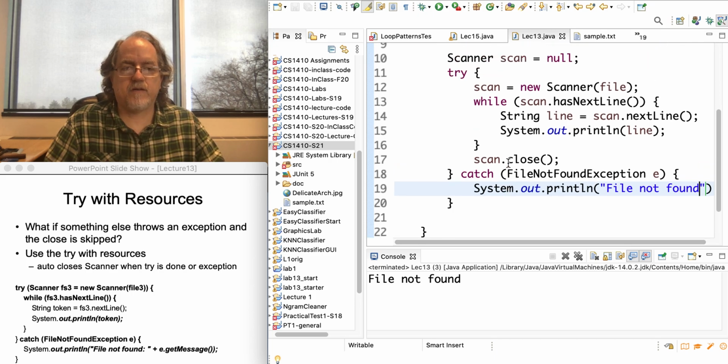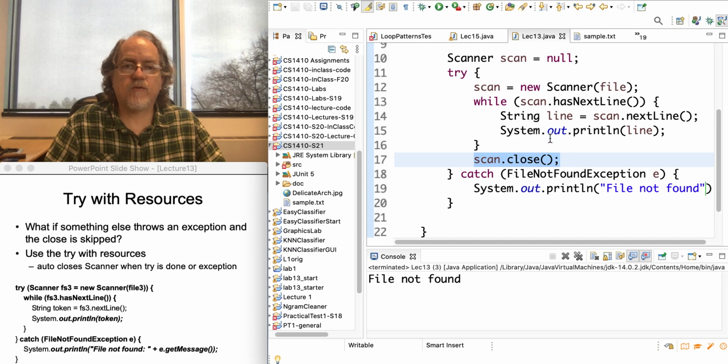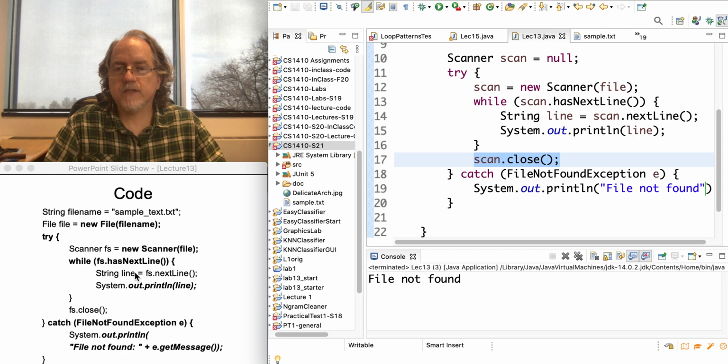There's an issue here where I basically open the scanner. I could do something in here that also throws an exception of some kind, and maybe another catches it. But it never gets closed, so basically I have not cleaned up this resource properly. And so there's another form of this. It's called try with resources. And oops,